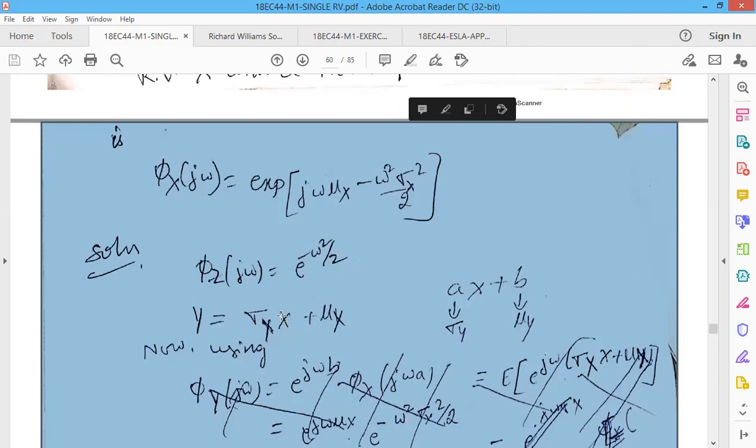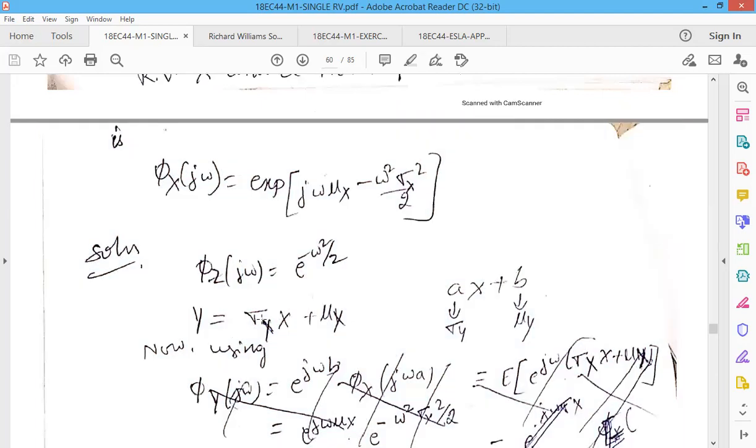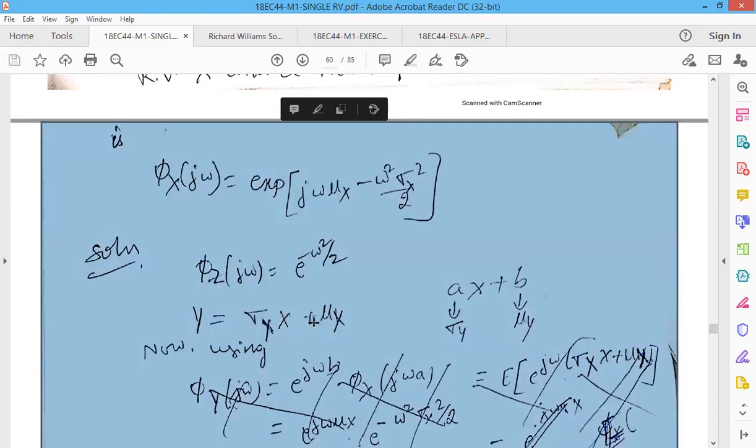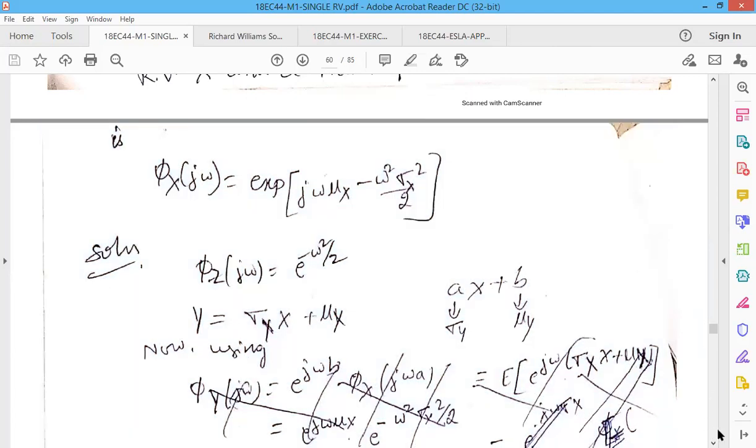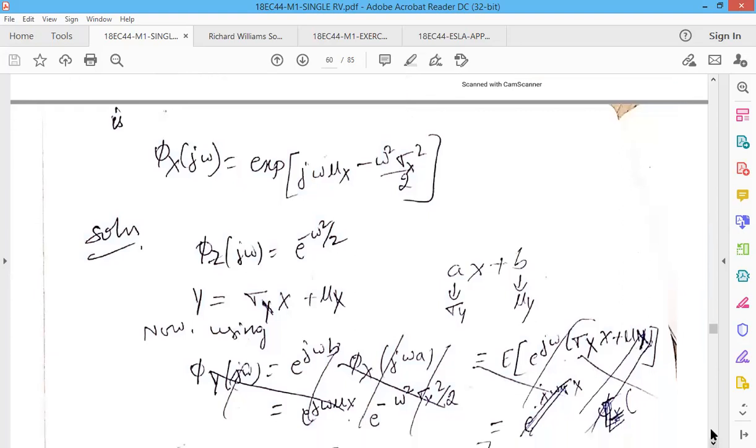So here using this we can solve the problem to get the characteristic function. So from this we can identify and relate this transformation function with y is equal to ax plus b. So when you compare with the y is equal to ax plus b transformation function, we can see that a will be equal to sigma y and b is nothing but mu y. So now using this we can go for solving the characteristic function equation.